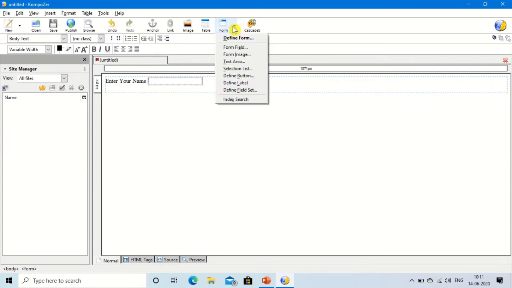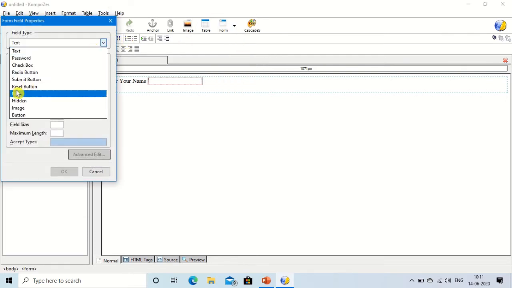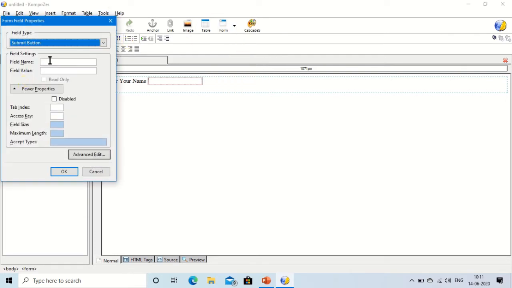So go to the form, then click on the form field, select the submit button, and then here you mention the field name. For the field name I want to give bt display. bt means it indicates this is the name of the button, and the field value will appear on the button. So here I want to give display, or I want to give hit me, right?